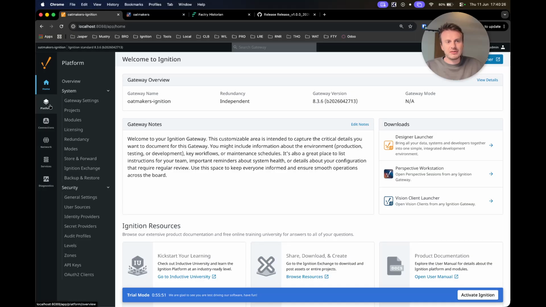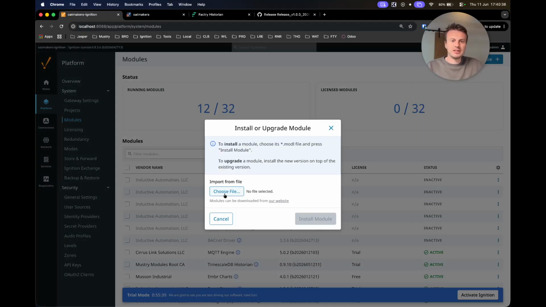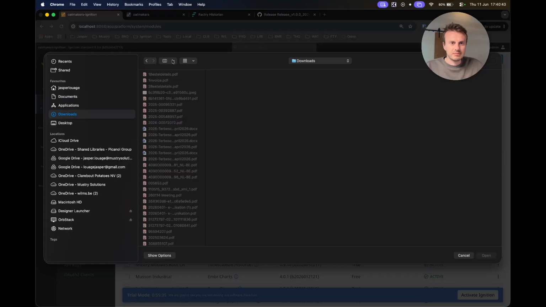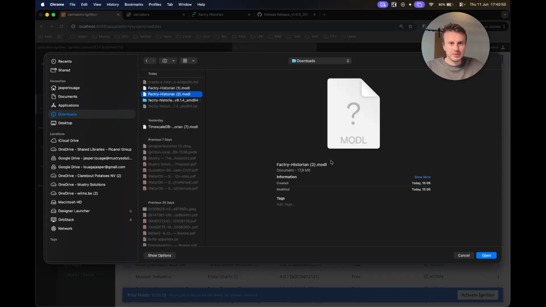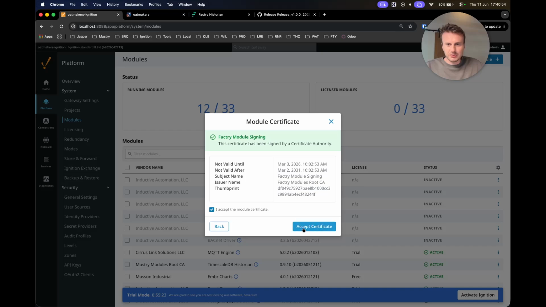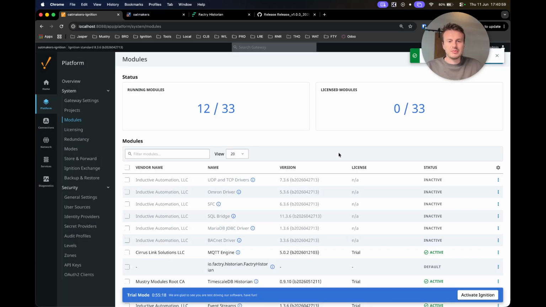Then you have to go to the Ignition gateway, so that's localhost 8088 because I'm running this in Docker locally. Go to modules, install or upgrade a module, and choose a file. I have it here, downloaded. Then we install the module, accept the certificates and accept the license agreement, and then the module is